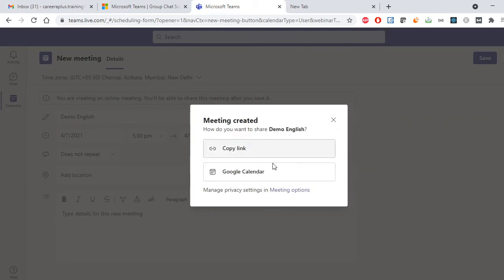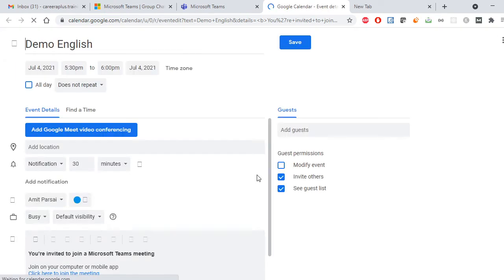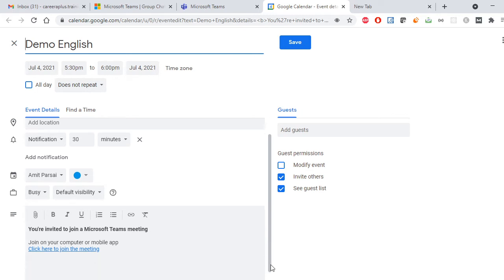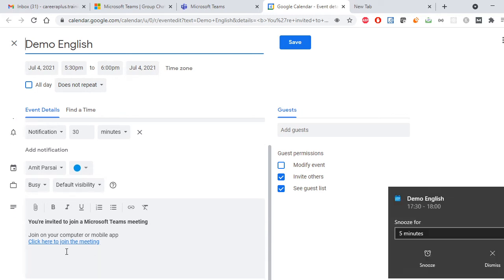And there are two ways I can do. Either I can send this link, but a better way is to go to Google Calendar and send this through Google Calendar. And in Microsoft, if you remember in Google Meet, that's what we used, so it is very similar. The only difference will be that